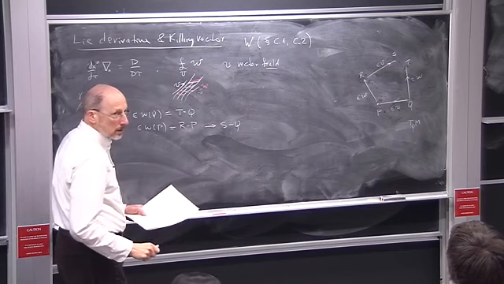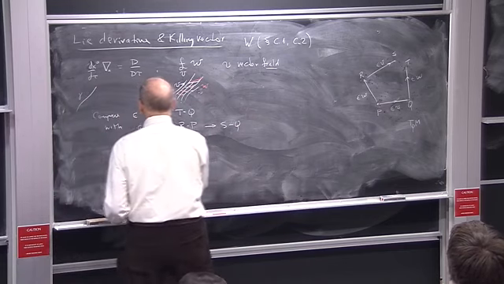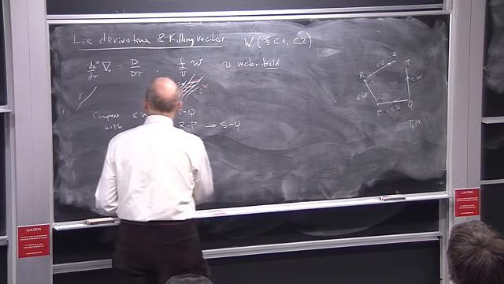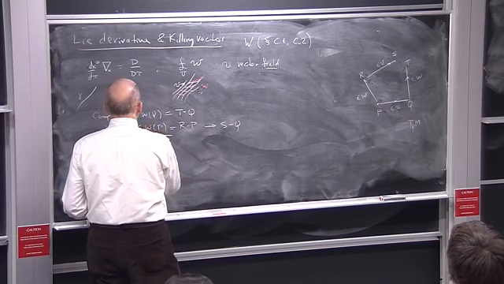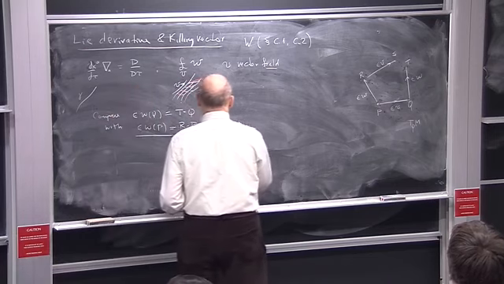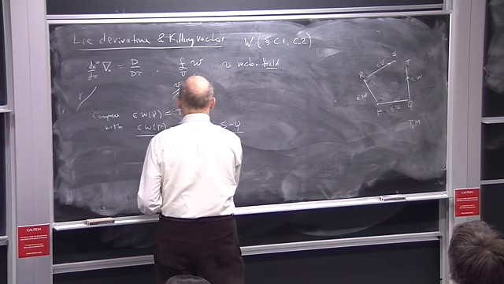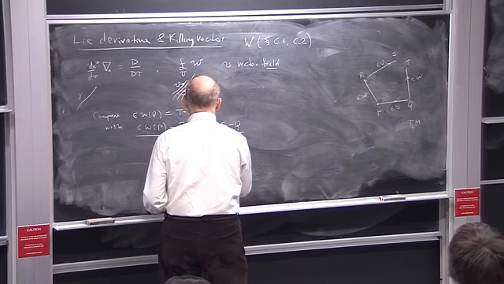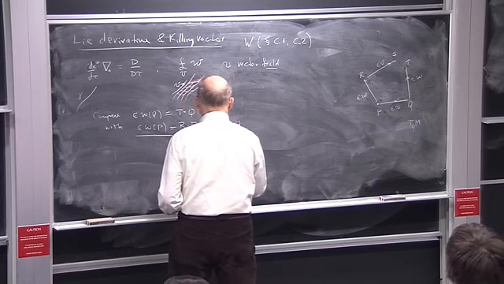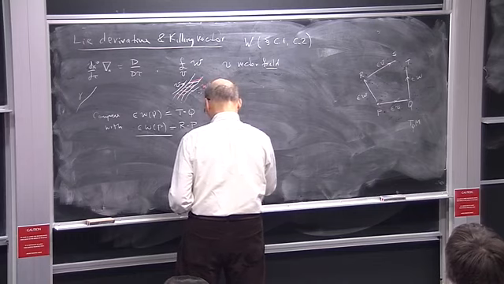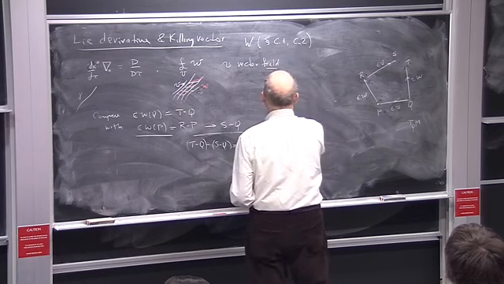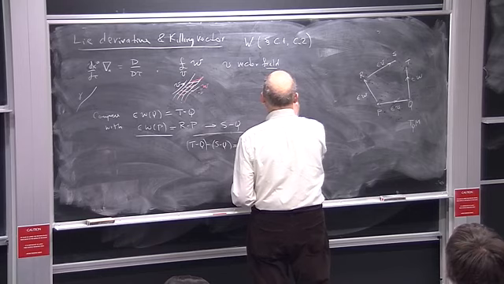So now I want to take the difference of these two things. I want to subtract the one from the other, epsilon W at Q minus W at P. So if I subtract these, I get T minus Q minus S minus Q, which is T minus S, right? So that will be our definition of the Lie derivative, the Lie derivative along V of W,